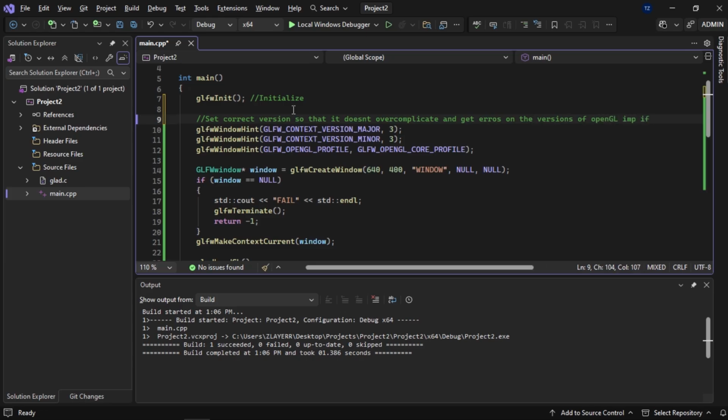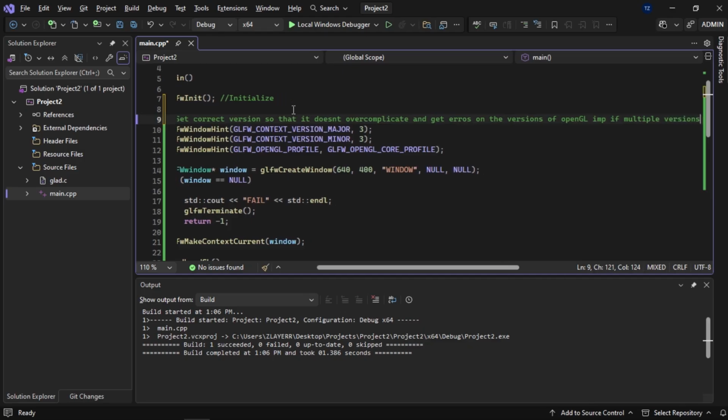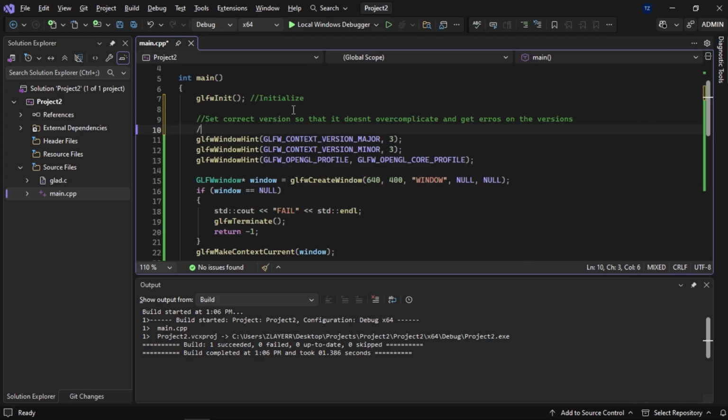Important if multiple versions present of OpenGL. Okay, so